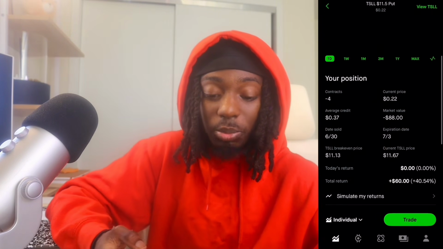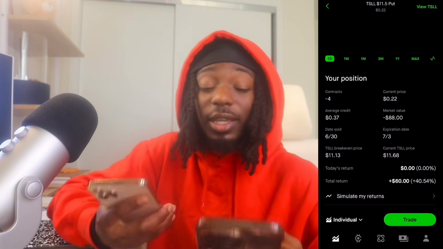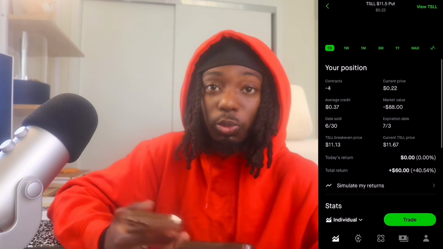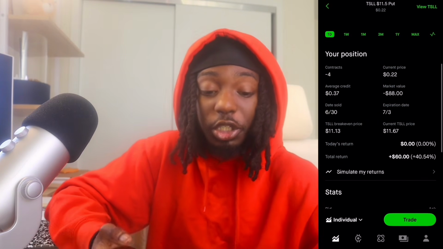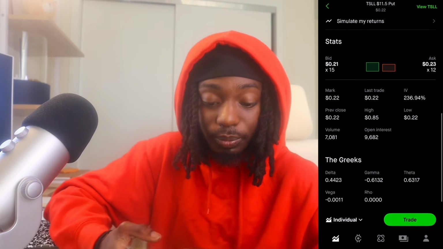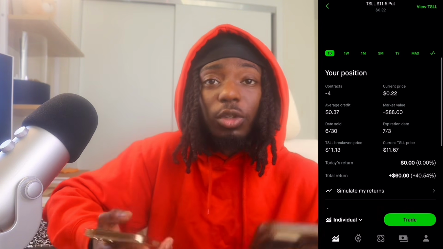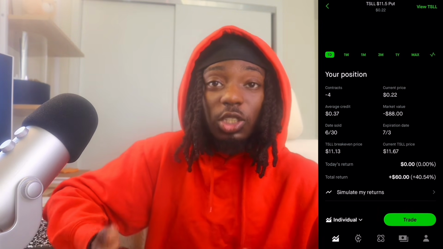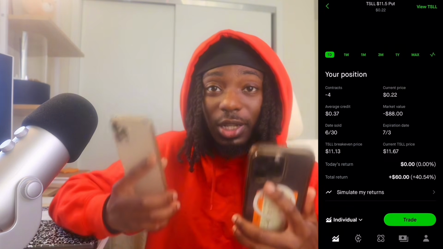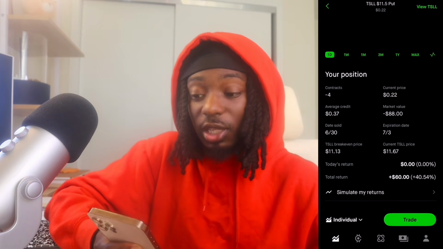Now, if it was to expire in the money and I was to get assigned these shares, I have 4 contracts, which would be an additional 400 shares of TSLL. I wanted to know what my new average cost would be. So this is where I used AI. This is why I got my second phone up, and I'm going to show you exactly what it looks like